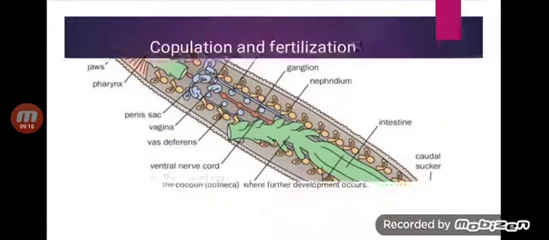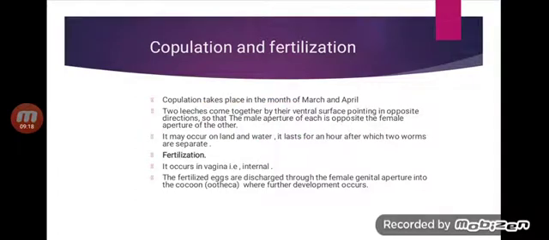And next is copulation and fertilization. Copulation takes place in the months of March and April. During copulation, the two leeches come together by the ventral surface pointing in opposite direction, so that